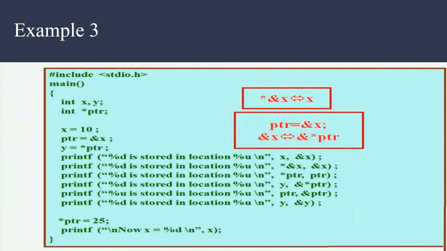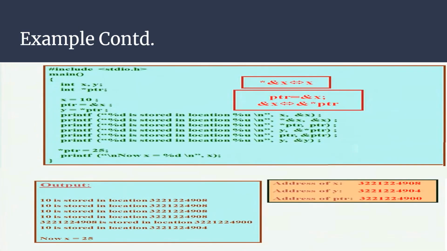Ampersand of x means the address of the variable x and the value stored at that location. Okay, so let us see what it gives as an output. Same value 10 stored in location this. Here we are using these addresses or reference in this case of our program. The next, third printf statement is,